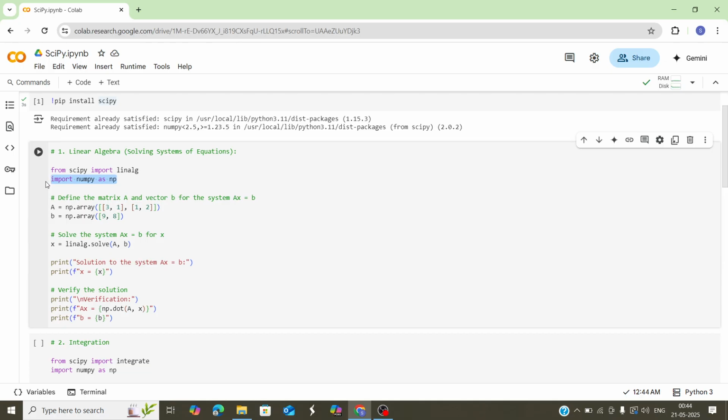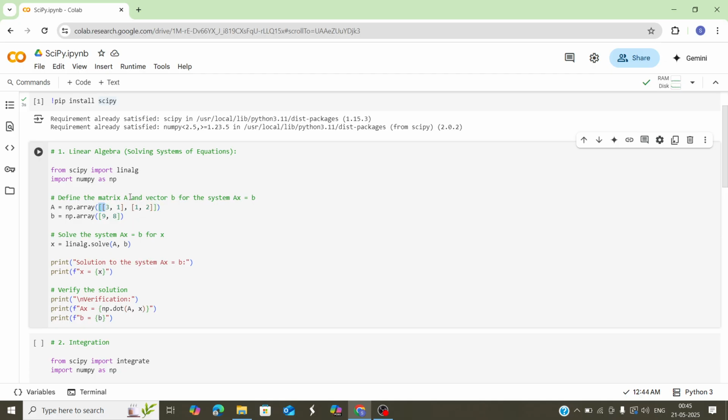I hope you know what NumPy arrays are. You can see over here we have created a NumPy array which is two-dimensional, because we have 3,1 and 1,2, and there are two square brackets.